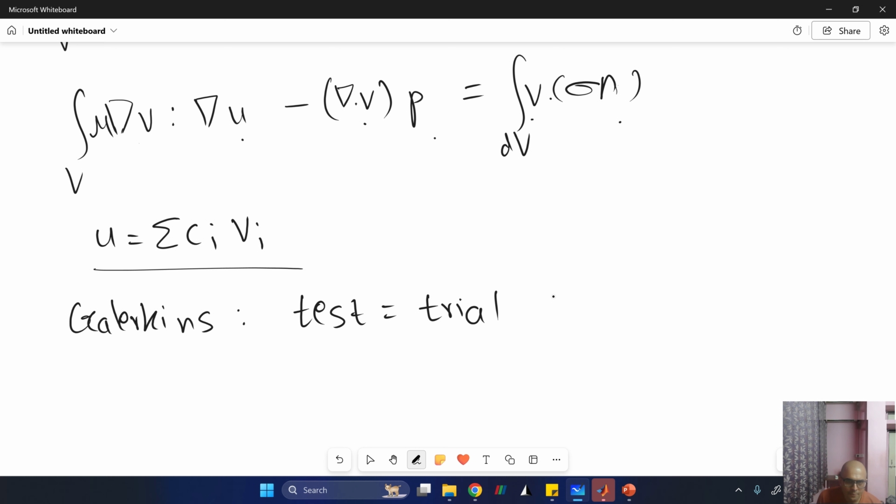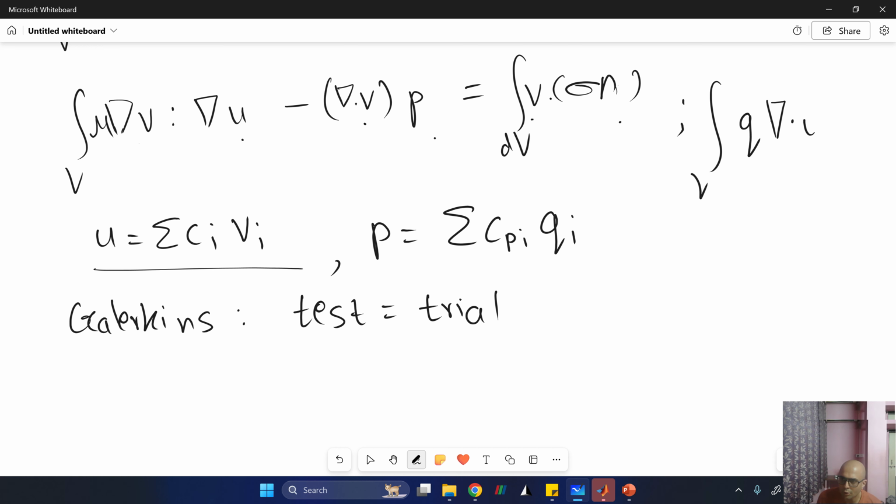So you have this guy, and then you have your pressure, which can also be written as a linear combination of, let us say, some other coefficients times your pressure test function, right? So your pressure test function is Q, and so your continuity equation is just Q, which is your pressure test function, multiplied by